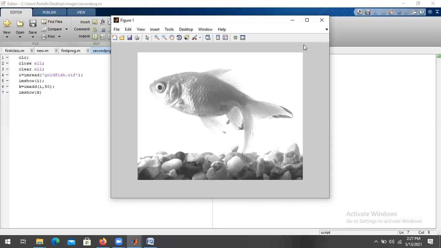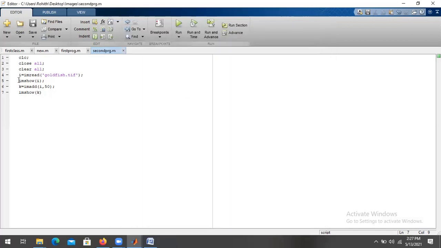Actually, it is showing only one image, because this is executing and that one is also executing, one at a time, so I cannot see both. So I'm writing it as figure. If I want to see both figures, I have to write figure 1, and this should be shown in figure 2.